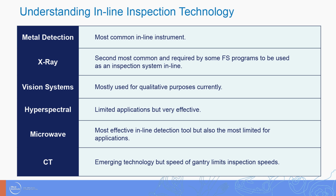Vision and hyperspectral AI was mentioned a few moments ago, and this is really where AI and machine learning comes in. It's training a vision system in order to know exactly what to look for, whether that's training it on "good product" over and over again where a deviation is easier to find. But with vision systems, that's mostly RGB color spectrum. It's used for mostly qualitative analysis currently, but you can use that to leverage the inspection for foreign material. In fact, if you're in the nut industry, it can identify a hull or a shell versus the actual pecan